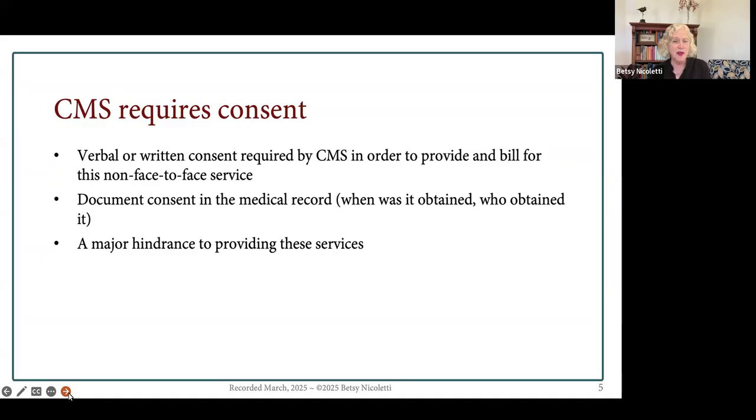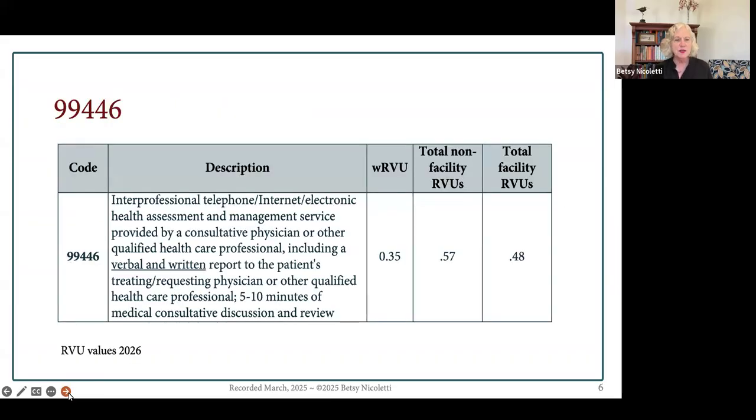So this is a hindrance to providing these services because the consulting practitioner never sees the patient. The patient doesn't go into the office to be seen because this is a non-face-to-face service, and the patient isn't logging in the way we would do with a telehealth service, where you get consent as the person clicks through in order to see the clinician. So we'll talk about this again, but this is a major hindrance to providing these services. So here's the first one,